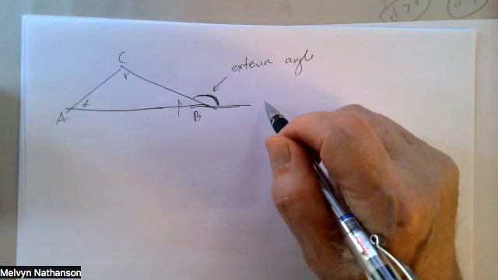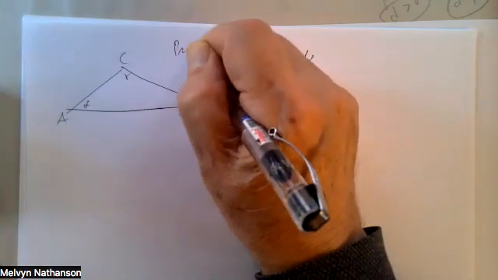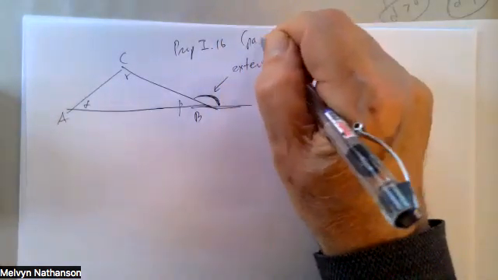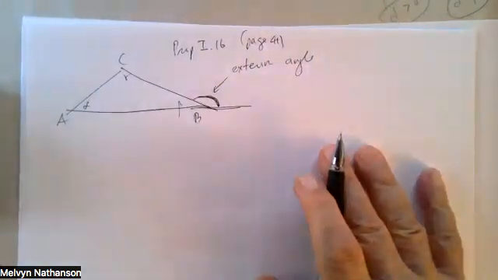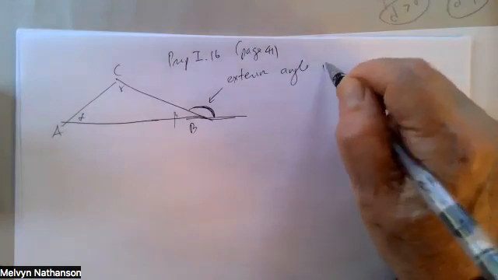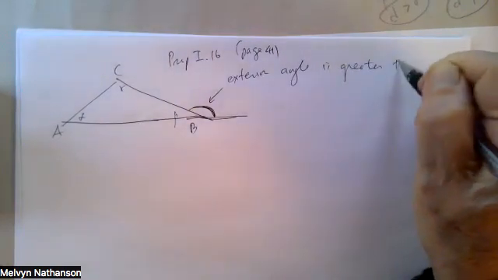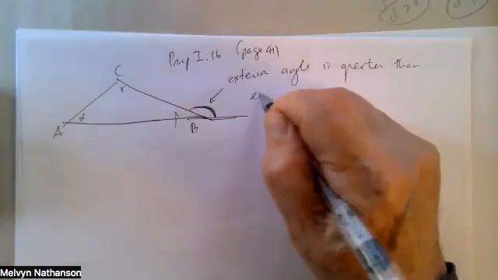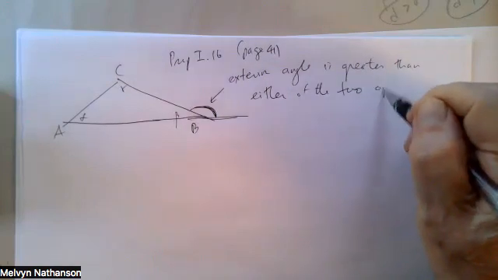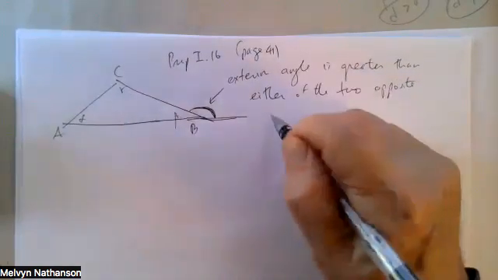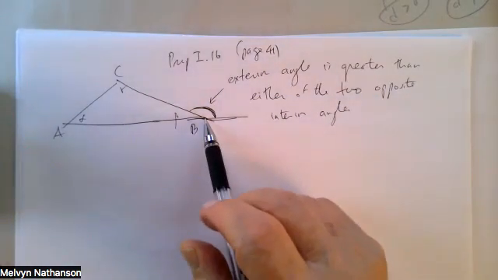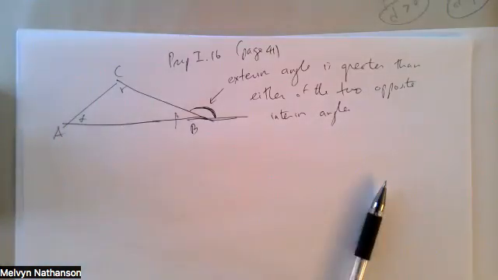Let's see. This is proposition 16 on page 41, which says the exterior angle of a triangle is greater than either of the two opposite interior angles. For this triangle, if this is the exterior angle,